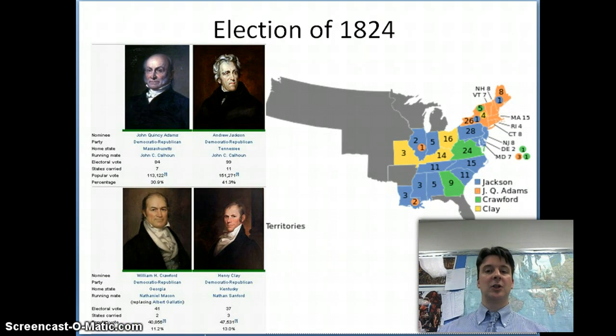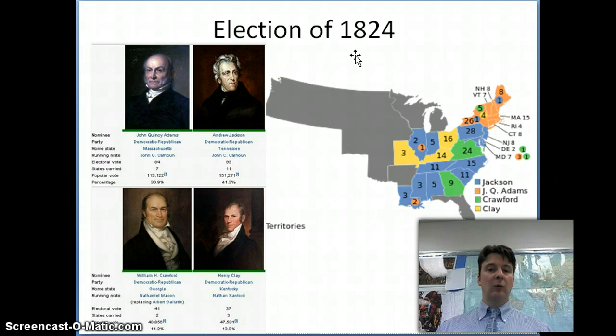The election of 1824 is another example. Essentially, 4 people ran for office that year. Those 4 people were John Quincy Adams, Andrew Jackson, Henry Clay, and William Crawford. As you can see by the electoral map over here, it was a very divided election. But what ended up happening is that because Andrew Jackson won the most votes popularly, he also won the most electoral votes. But winning the most votes isn't good enough. You have to win a majority. A majority is 1 more than 50%.